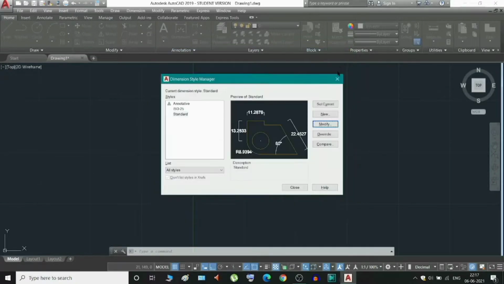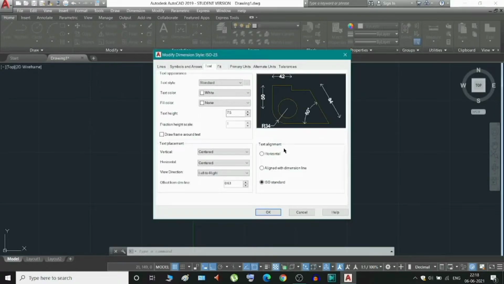Before doing that, one thing, I will choose the ISO, and you can choose the standard also, but I will select the ISO and click on modify, and it will bring you to the box like this. Here you can change different things like lines and their designs, symbols and arrows, text, primary unit, etc. So first I will change the text. I will keep it standard.